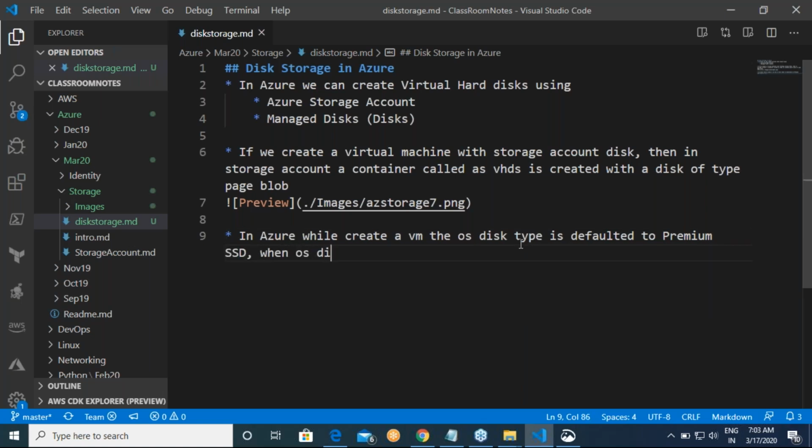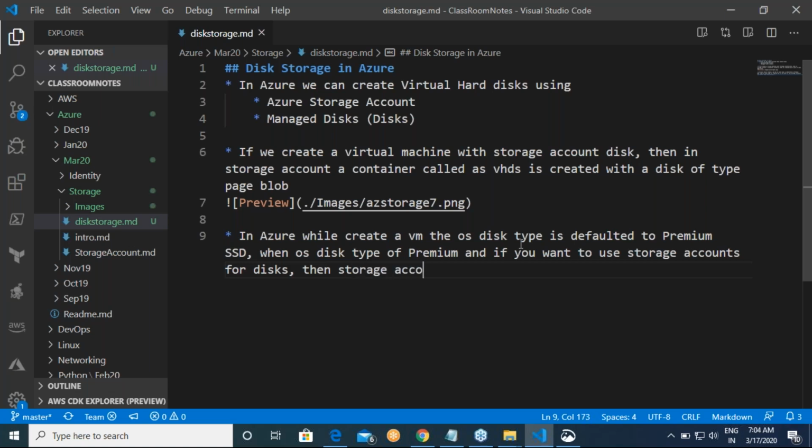When the OS disk type is premium, and if you want to use storage accounts for disks, then the storage account type also should be premium.